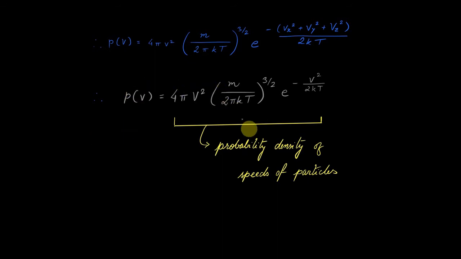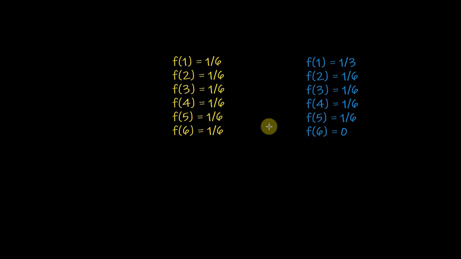So what exactly does that mean? We can understand what picking from a distribution means from the example of playing dice. We know that each face of a dice has a 1 by 6 chance, a 1 by 6 probability, of rolling up. So if I pass this function to a computer and say, hey computer, roll the dice 600 times, so what the computer will do,